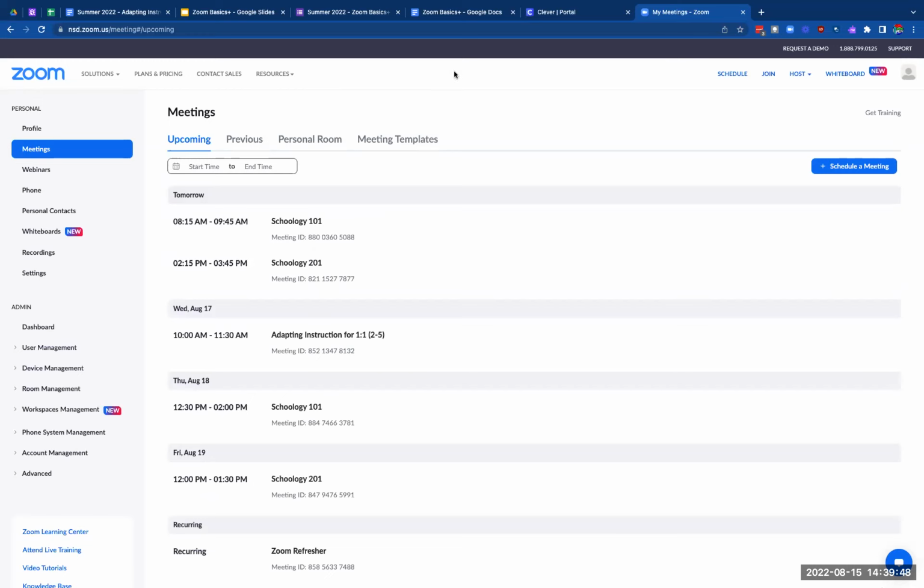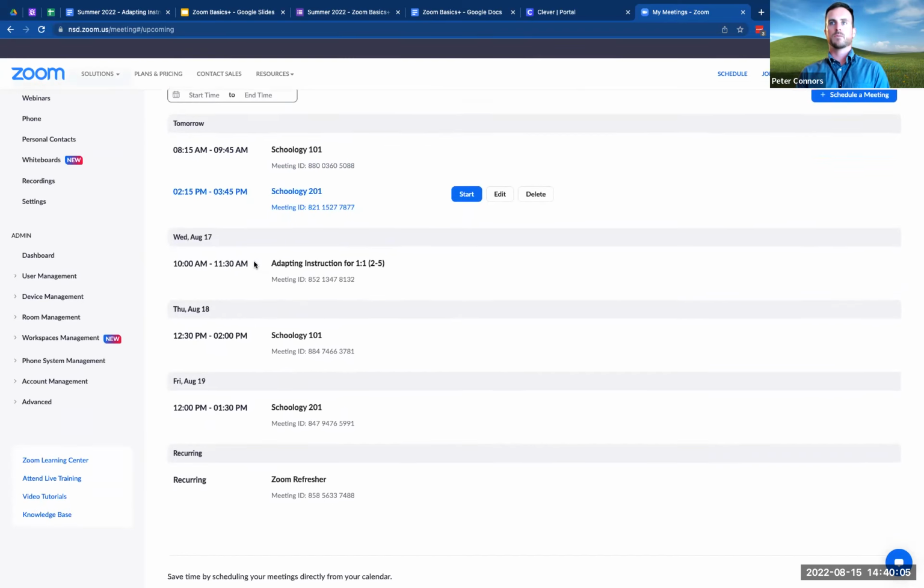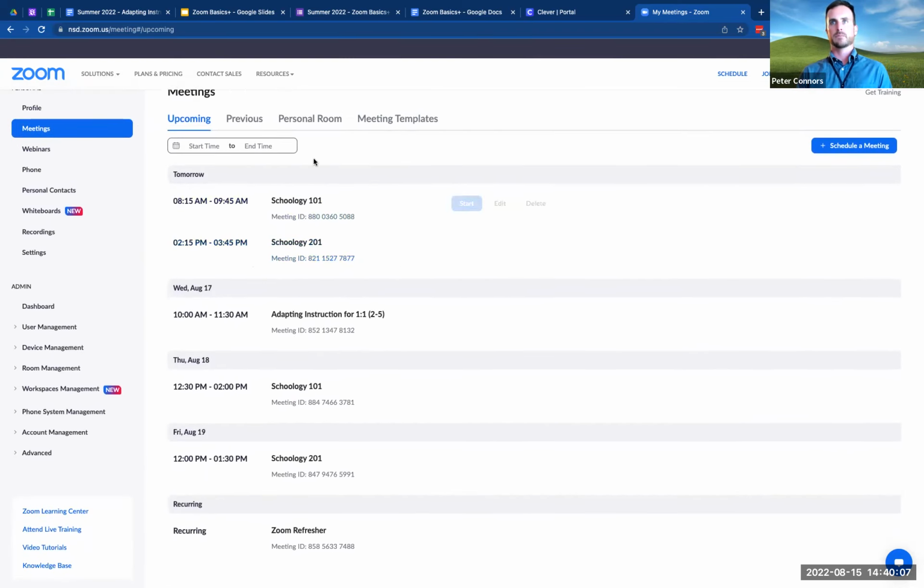So that's all. Great. So now you can see on the left here, I've moved down to meetings, which is the next banner here. This is a place where, exactly as it says, you can schedule and manipulate your meetings. Right across the top, it's showing you any upcoming ones. If you've got them scheduled or someone has invited you or added you as a co-host or something like that, that's going to be here.